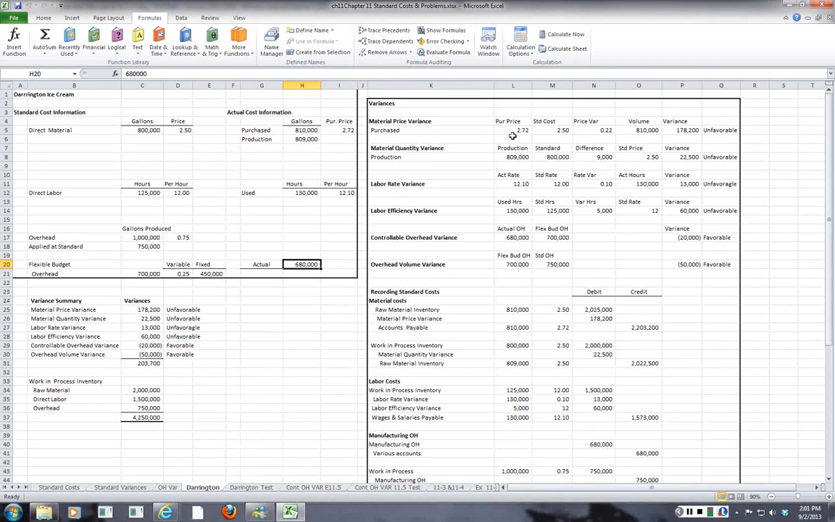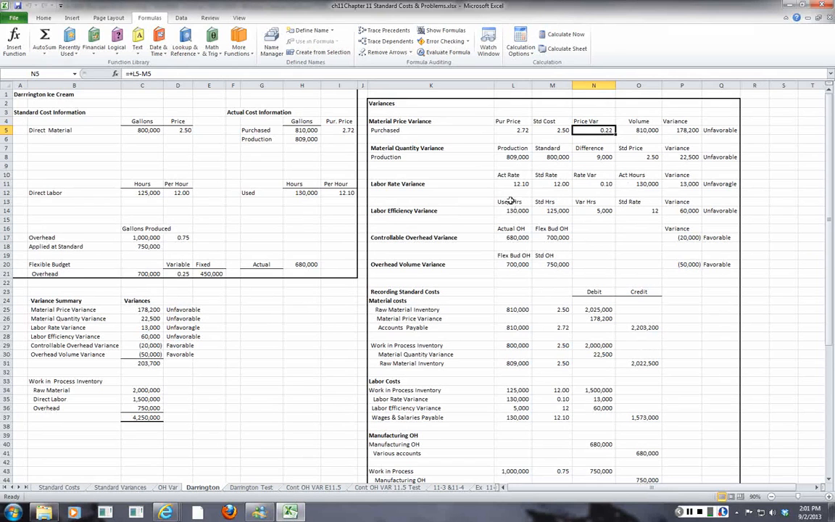We purchased at a price of $2.72. The standard cost was $2.50, and you can see we got that from those over there. So that's an unfavorable variance of 22 cents per unit. And we have a volume of 810,000, which is what we purchased. So you multiply 810,000 times the 22 cents, and we come up with an unfavorable variance of